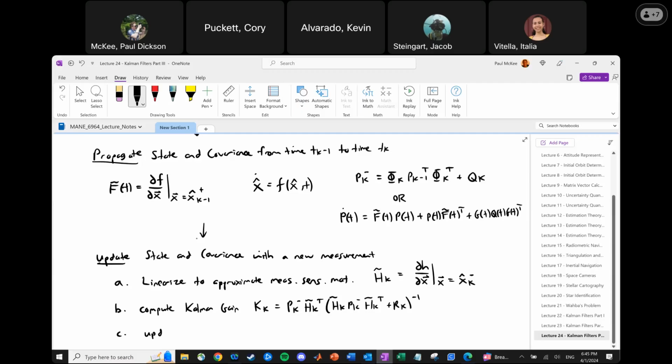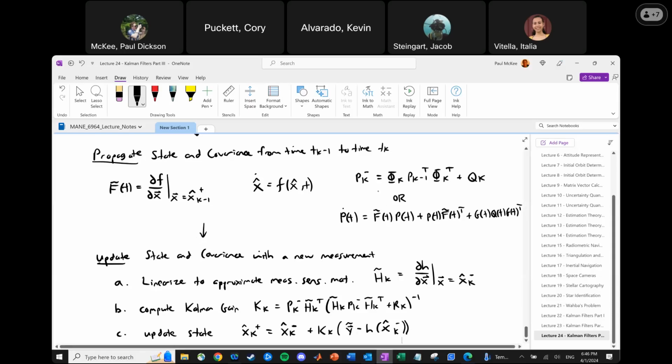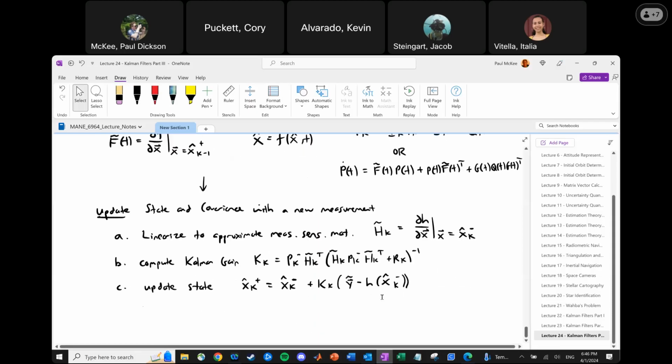C is update state, which is going to look like this. x_k hat plus, the state at the current time after update, is the state at the current time before update, plus the Kalman gain times the residual. And when you're taking the residual, do not feel the need to linearize. There's no reason not to use the full nonlinear measurement model on your state estimate. That's totally fine, the same way that when you're propagating your state, you can use the nonlinear model. And then we update